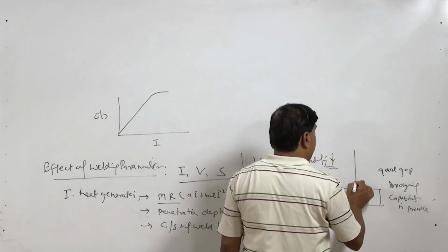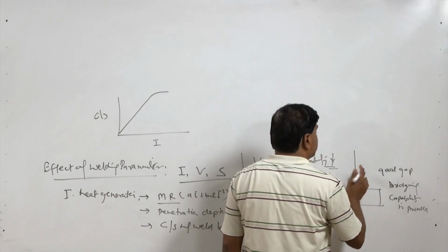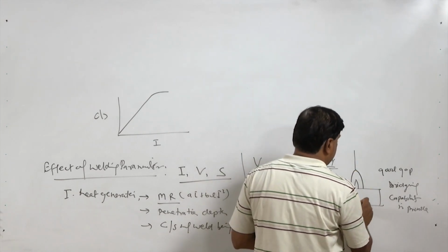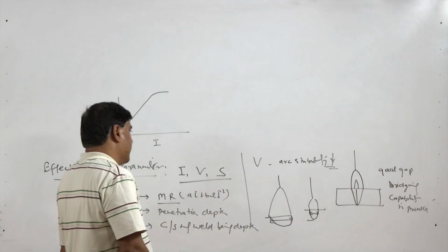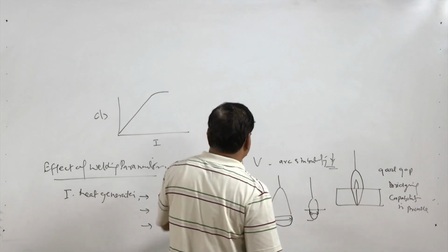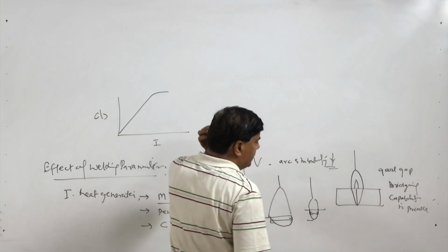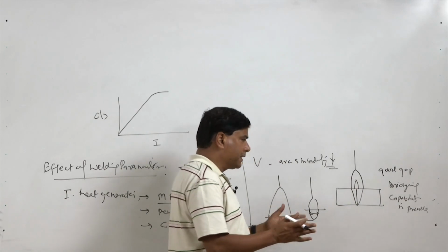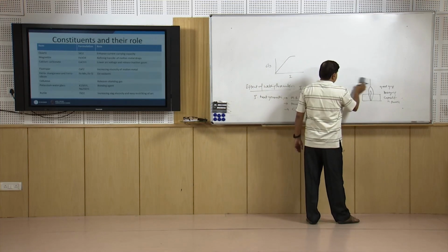So, if the gap is narrow, then the gap bridging capability is limited. If the arc voltage is increased, the increase in width of the weld will provide much better gap bridging capability. So, this is how we can see the effect of the welding arc voltage. It affects the arc stability, the gap bridging capability, and the bead geometry in terms of the width and the depth of the penetration. And further, let us see the effect of the welding speed,